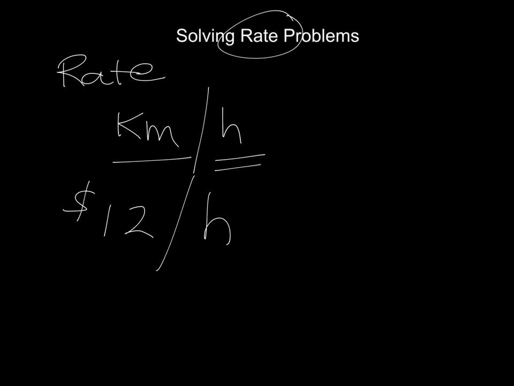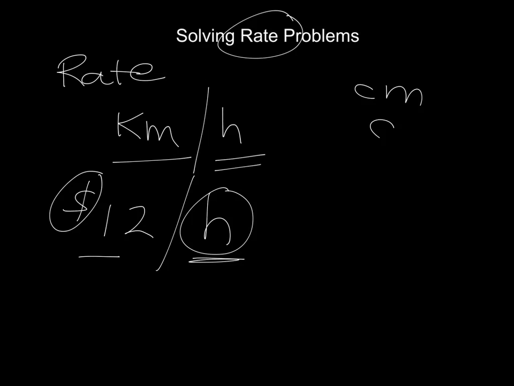an hour. So again, you would write the rate with a slash in the middle of the two things you're comparing, and you always have to have a unit, and these things are units. So it could be centimeters, it could be dollars, it could be hours, it could be minutes. So all these things are all units. So equivalent rates